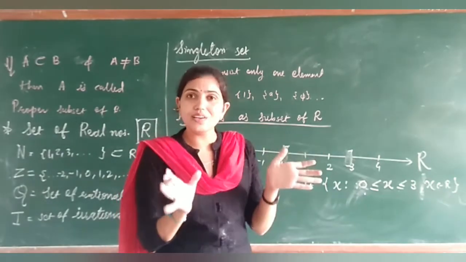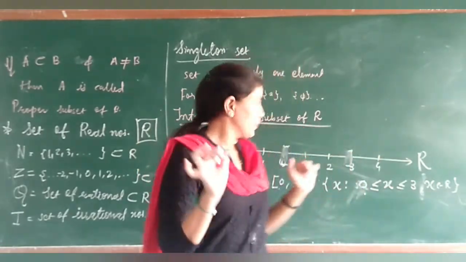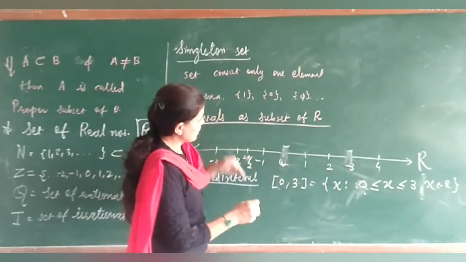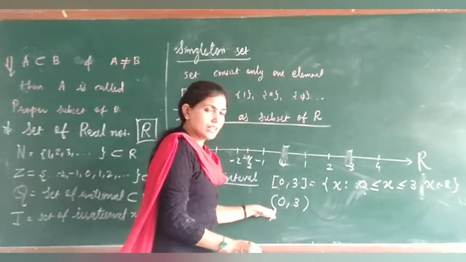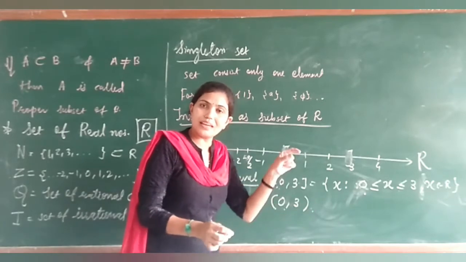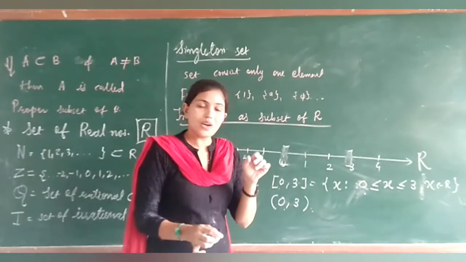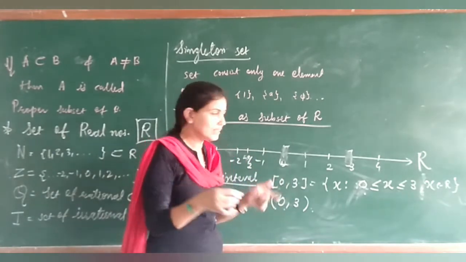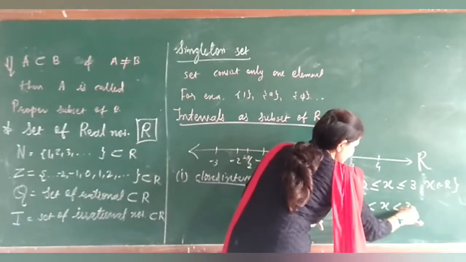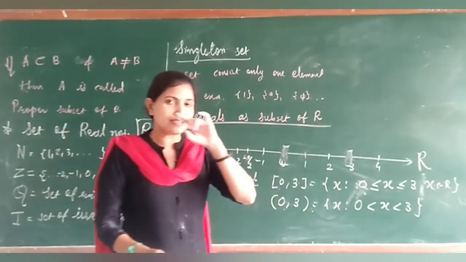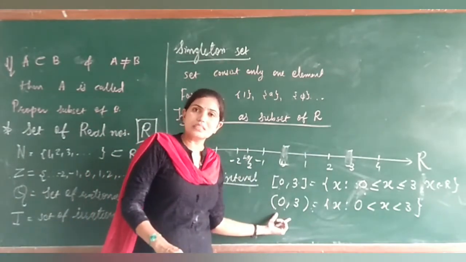So what will an open interval be? Open means there is no door, it is open. That means if I had to write this same interval in open interval form, I write 0 and 3, but with small brackets, which is known as an open interval. Open interval means its boundary is not included. That means there are all the x where 0 is less than x is less than 3 and x belongs to R. They will be considered. Understood, students? So this is known as an open interval.